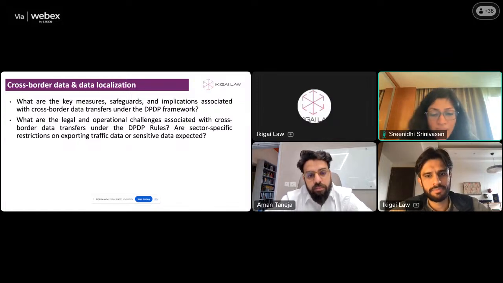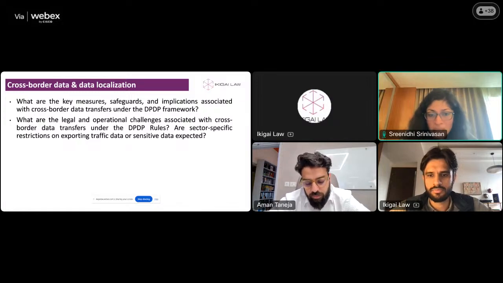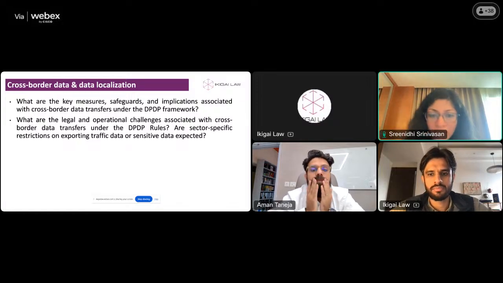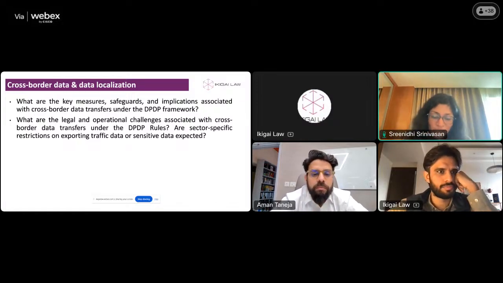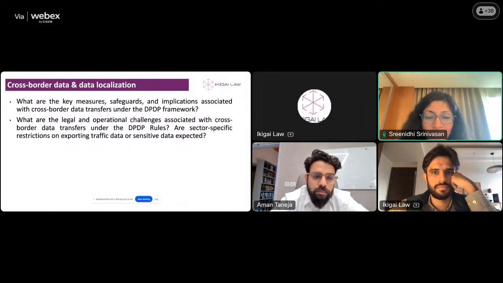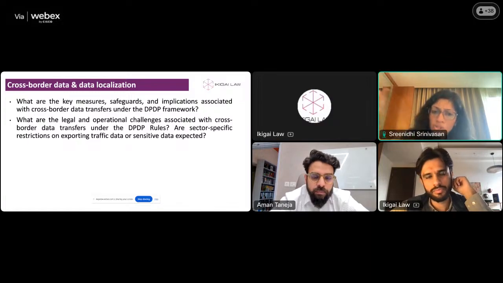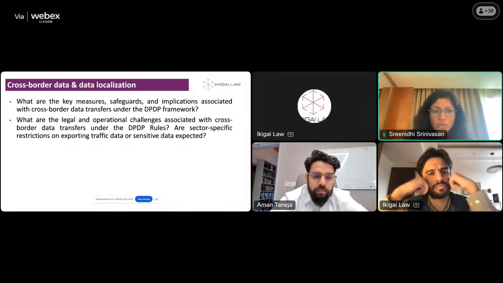Let's say RBI says store payments data in India, it's important from a supervisory perspective that you could potentially do that. Having said that, that's not the only way either. The RBI could still come out with notifications itself and say, no, this category of data is essential for me. And the law also provides that leeway, saying if there is a sectoral law that provides a higher threshold, then we sort of abide by that.